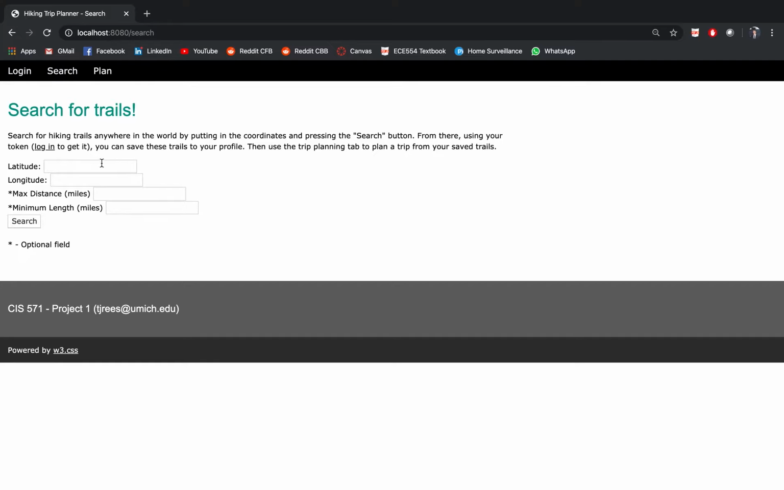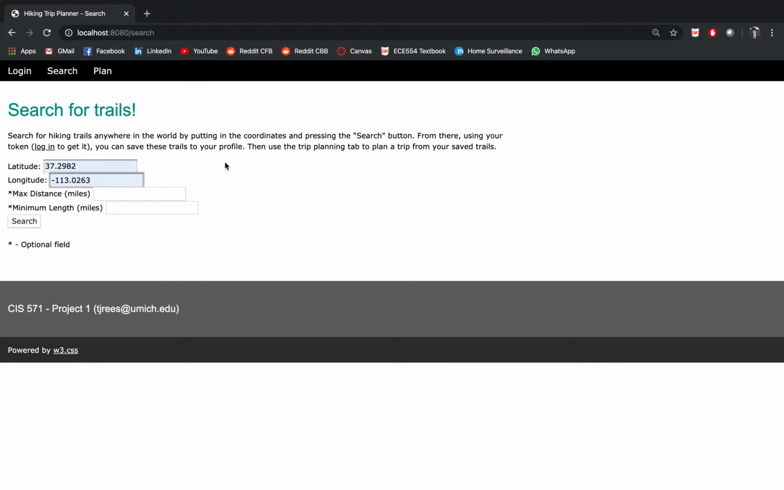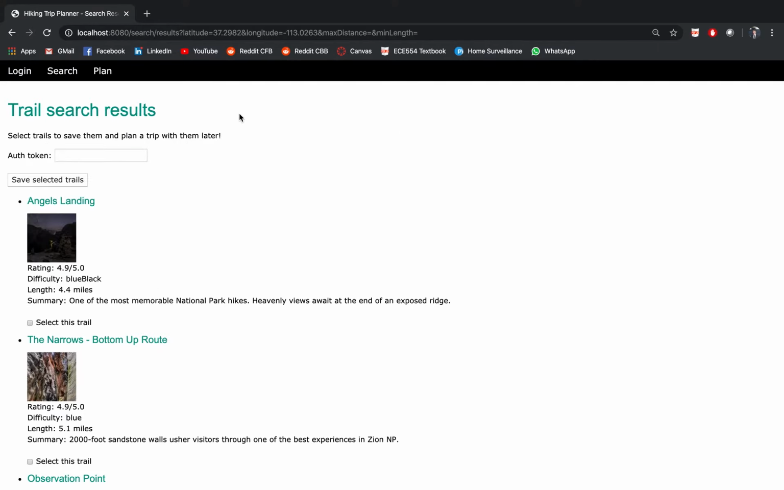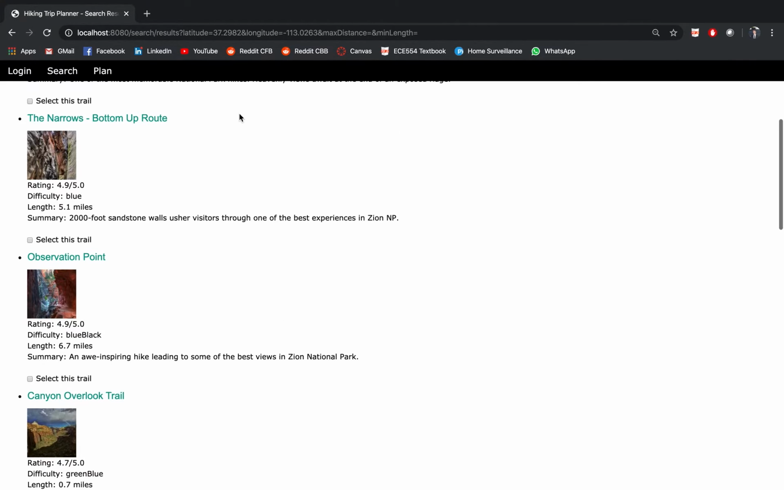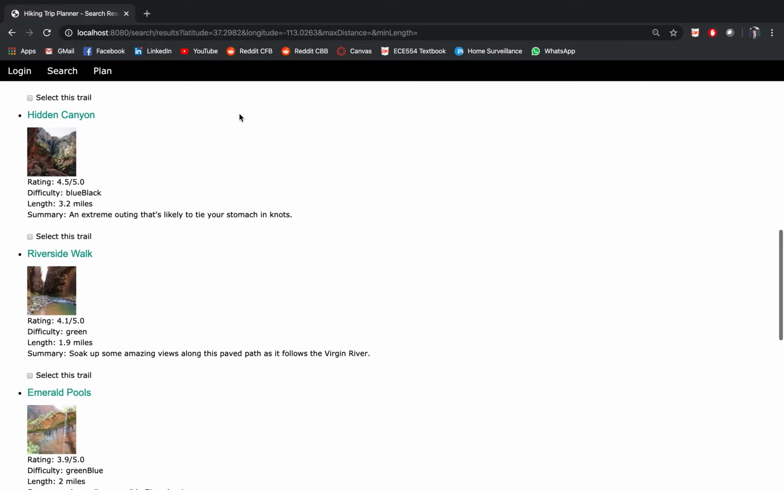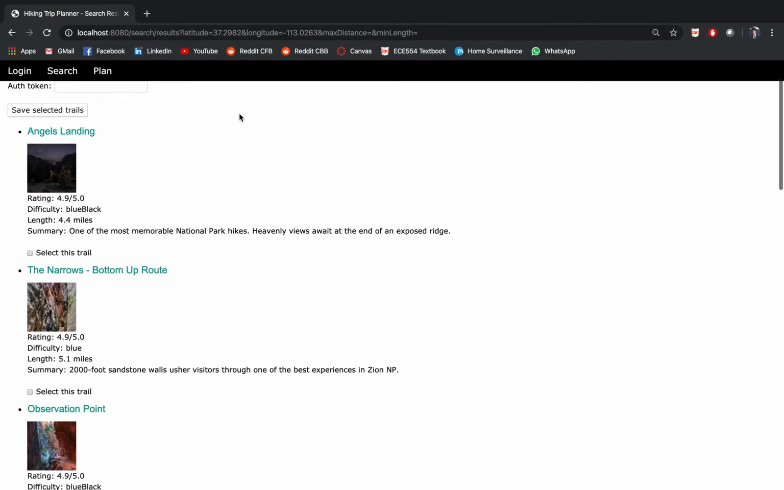So in the latitude box and longitude box, I'll be entering the coordinates for Zion National Park in Utah, and then when I click search, the controller will call the API from Hiking Project, and it will return the top 10 most popular trails in the area. Now, say I want to hike 3 of these. I'll select them here on this page,